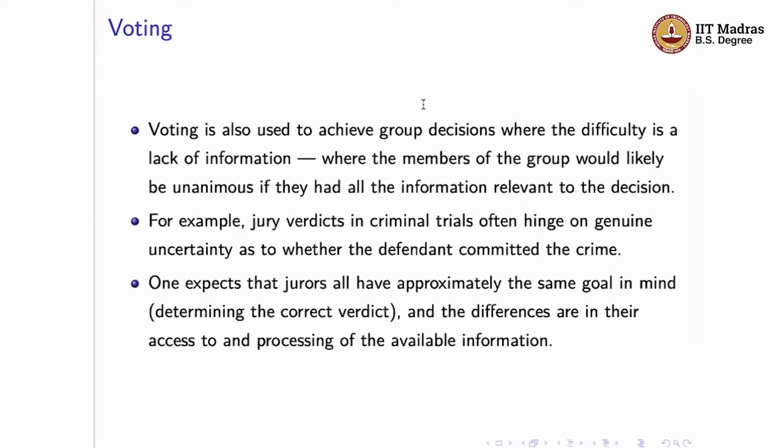However, in other situations, everybody wants to get to the same conclusion, right? But the difficulty is that you have a lack of information, right? So if you had all the same information relevant to making a decision, perhaps the group would be unanimous, right? Jury verdicts are a common example. There you genuinely want to punish the guilty party and free the innocent party, right? So that is the idea, and everybody agrees on this criterion. The problem in jury verdicts is that you've got different people with different information, and different backgrounds to interpret that information. And hence you have disagreements among juries, right?